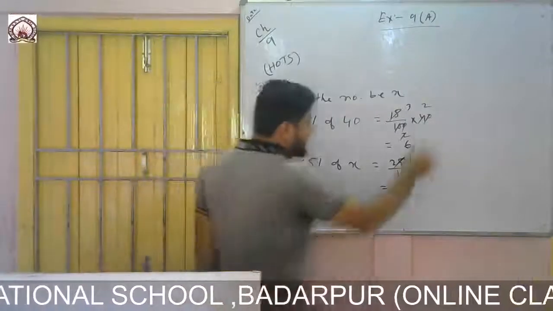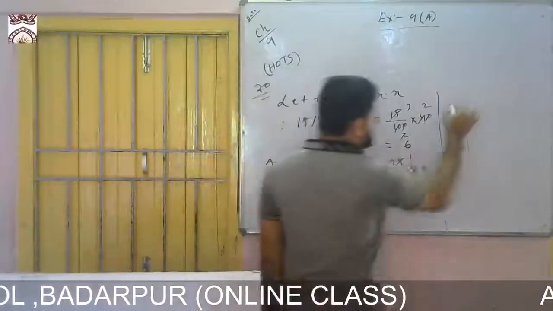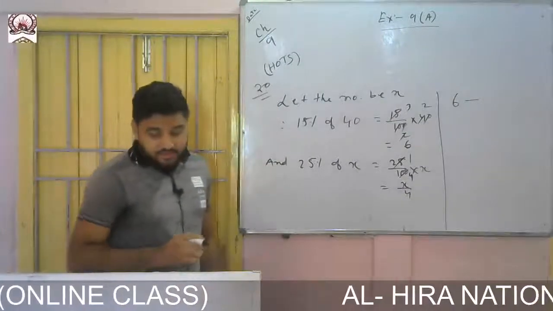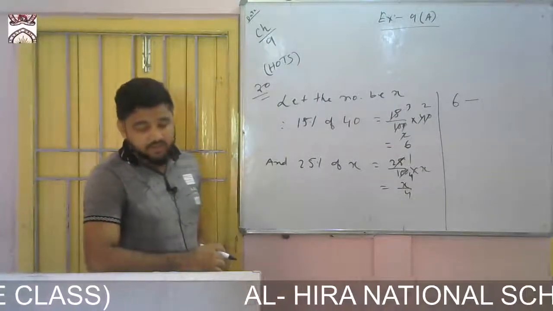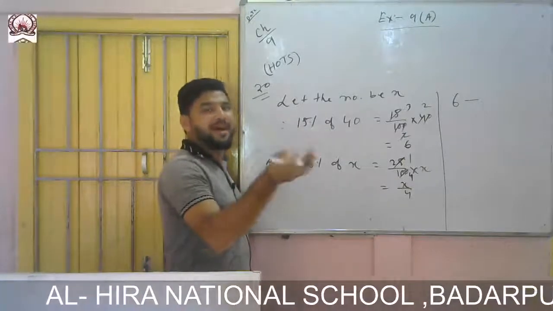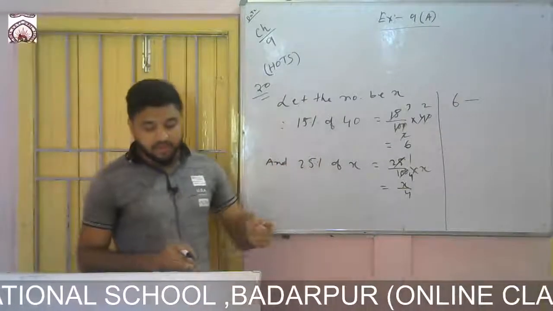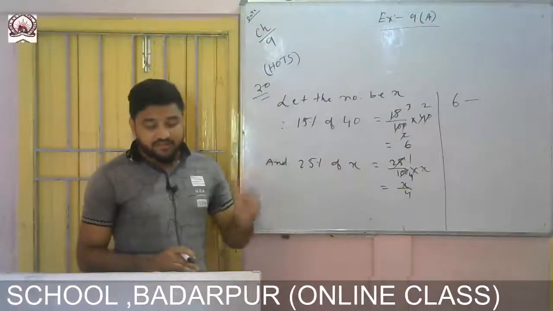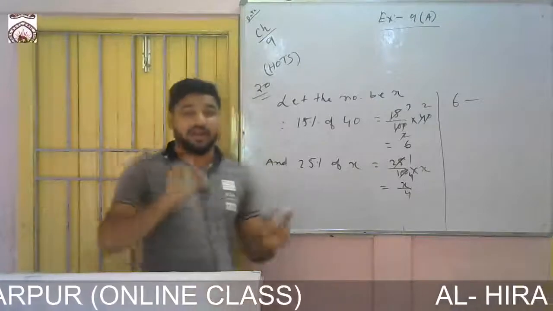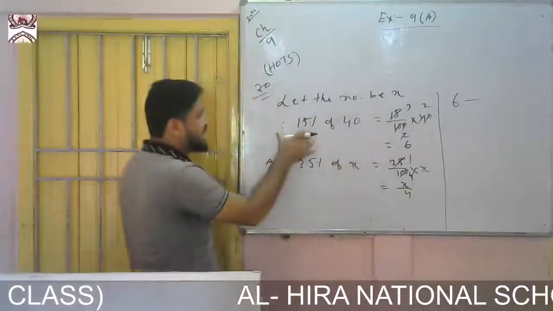Now according to the question, the greater number is 15% of 40, which is 6. It is said that it is greater than 25% of a number by 2. Greater means by 2, that means from the greater number, if I subtract the smaller number, then I shall get 2. The difference of these two numbers is given as 2. So for that reason we are subtracting from the greater number.